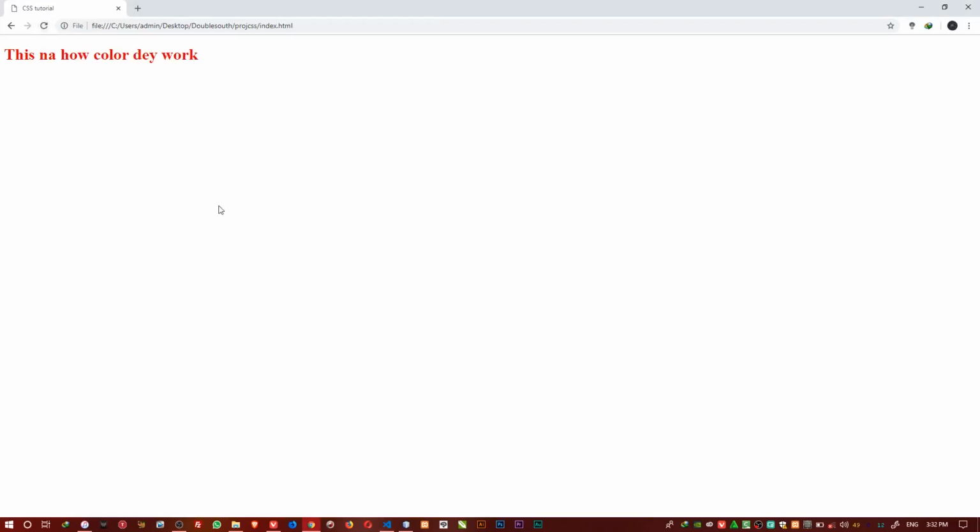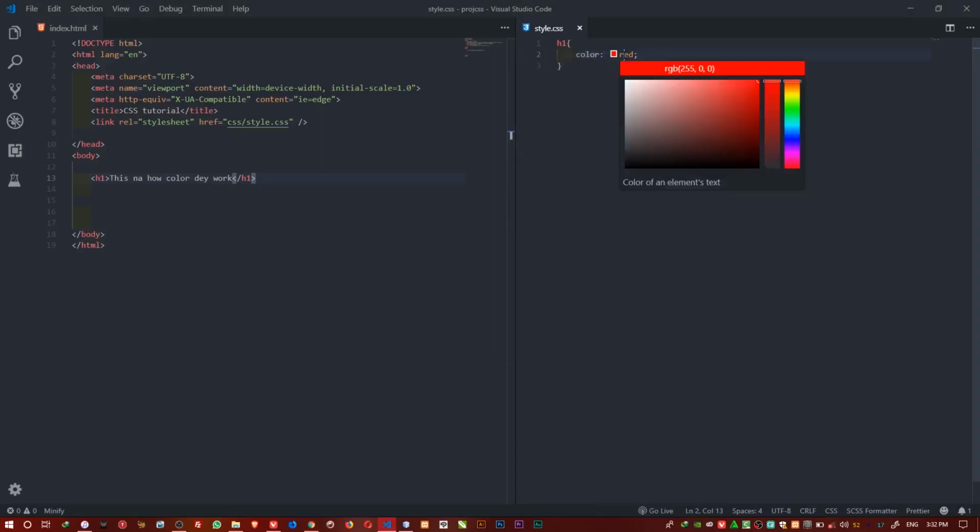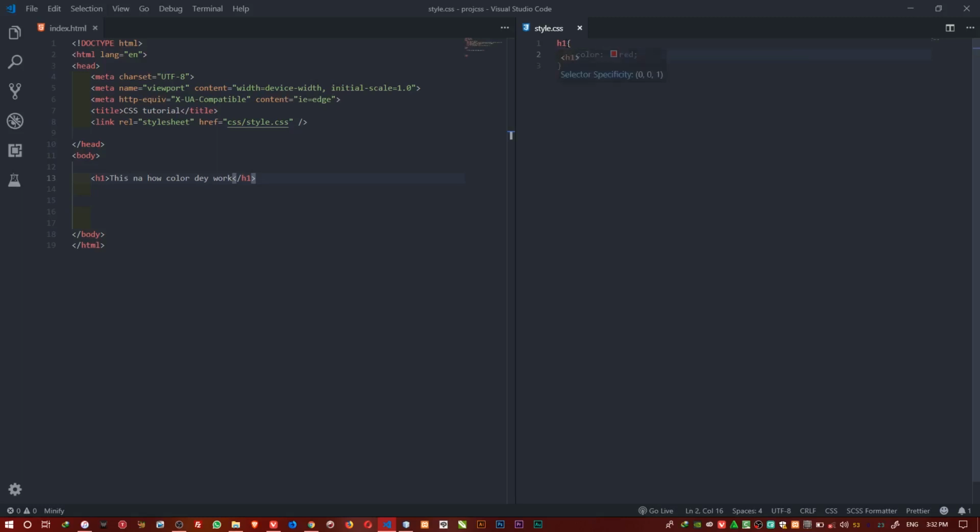So what are they doing here? We use the color property in CSS. This property is color, then we specify the color we want to use for this particular H1 element. So first we target this H1 element, which is what you are seeing now. Then we open this curly brace, and the next thing we say color, put the colon, we say red. Then you use your semicolon to end it. Always make sure you end like this, just like this.